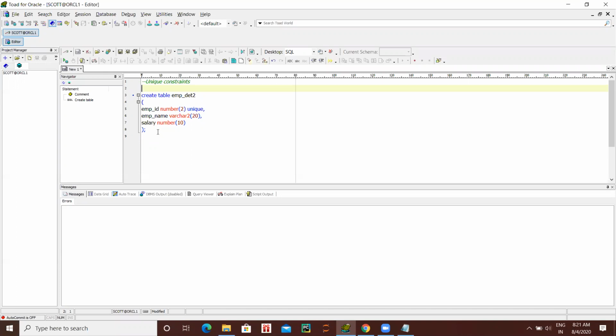Now run it. Nothing shows; table created, right? Now do select star from employee detail 2.